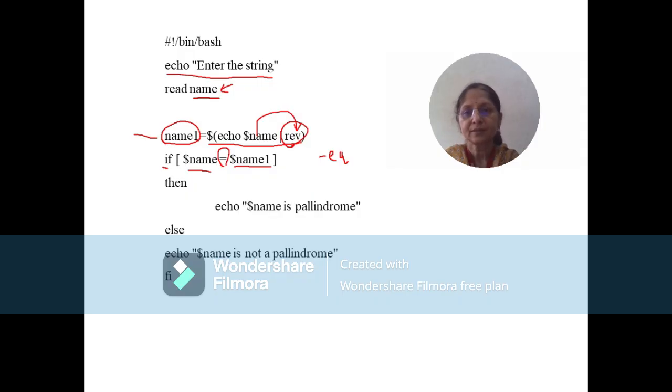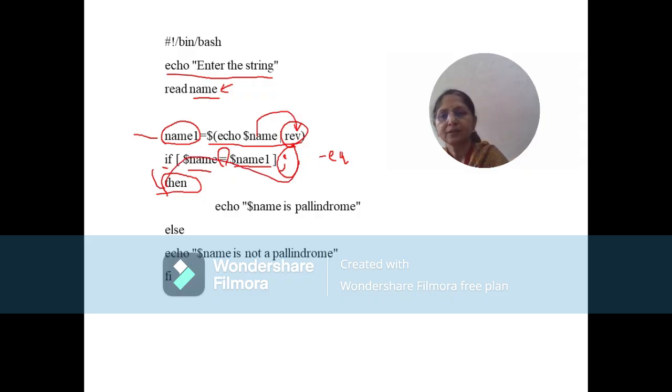Okay. Next, in previous examples, we wrote the then statement immediately after if. If you are planning to write the then statement immediately after if, you have to use the semicolon. That means if you want to combine any two statements in one line, those two statements should be separated by a semicolon. In this particular program, my then is on the next line. So in that case, there is no need to write a semicolon after the if condition. But if I take this then up, then I have to write the semicolon.